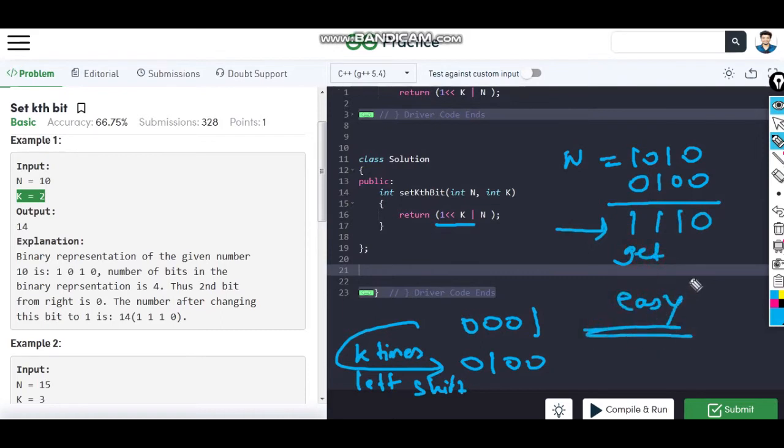By practicing this type of question, you will get this type of ideas. Otherwise you will not get them. Initially I was also not able to think of this type of logic, but later on, when I practiced a lot of questions, or saw the solutions for a lot of questions like this bitwise magic, I am able to solve them now. So practice this question and you will get an idea to solve it.